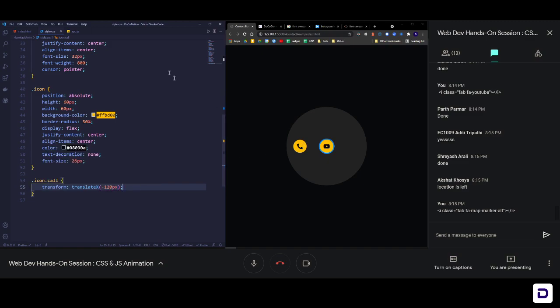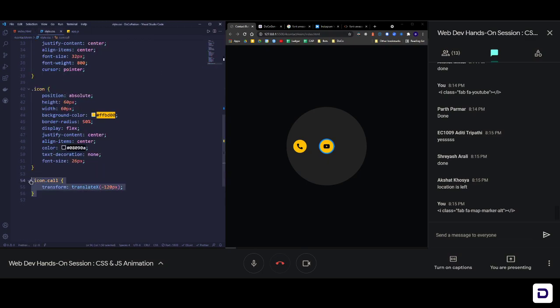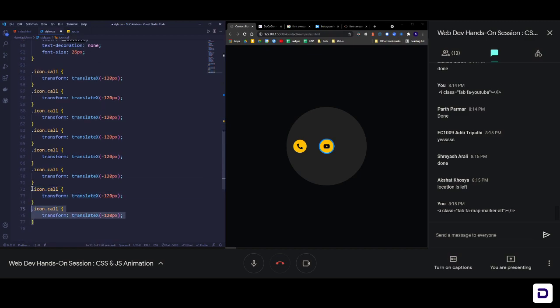Next, what we can do is we can select the next icon, which is email. Okay, email. So I'll just copy this, paste it below 8 times so that we have all of them. 1 2 3 4 5 6 7, and then one more time 8. So the second one is going to be dot email, and email has to go towards the top left corner. Okay, like that. So it needs to move in the X direction as well as in the Y direction. Okay, so I already have the values because you have to first of all figure out the values. So Pythagoras theorem. Okay, right angles like this, 120 to 120, and then you will find the middle location that you have to go to reach that particular point.